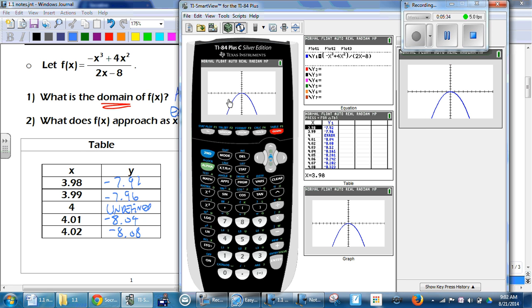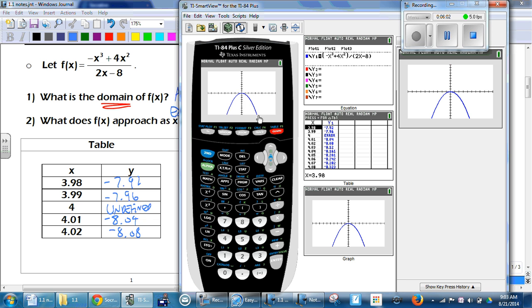How's it different? It is different, right? Because if it was just a parabola, we would have an equation like x squared minus 5x plus 3 or something like that. Well, we can see how it's different from our table and what we talked about earlier, the domain, right? We can't put 4 in there. So our calculator is kind of lying to us in a way. It's not showing us that there's a hole right here,